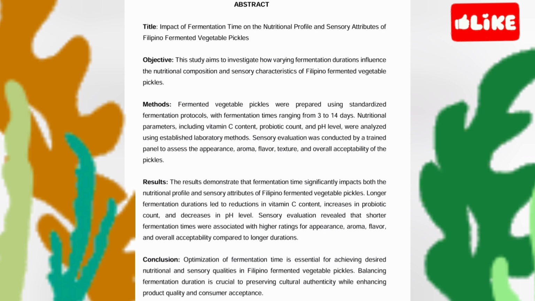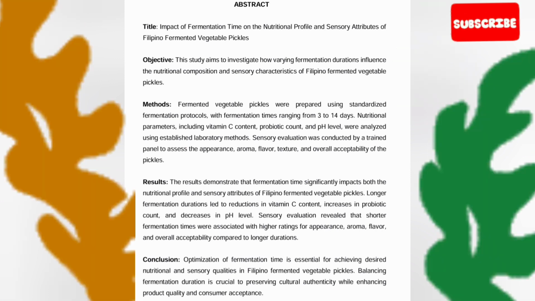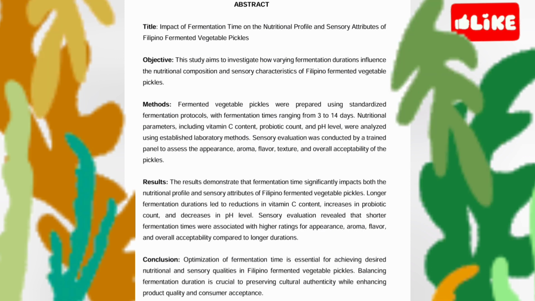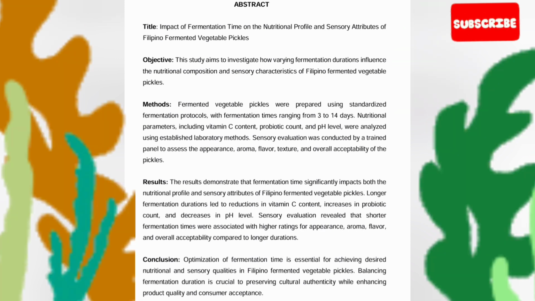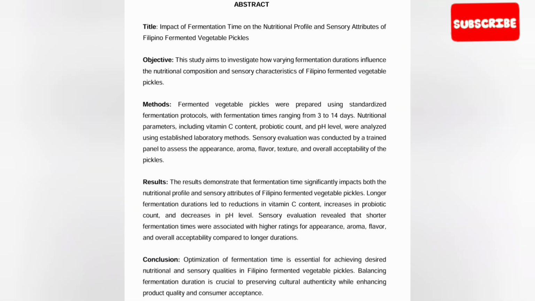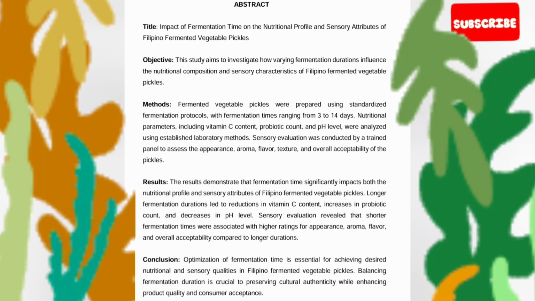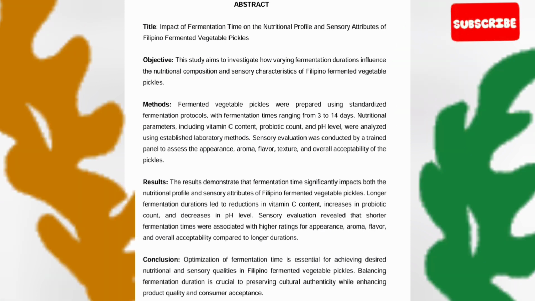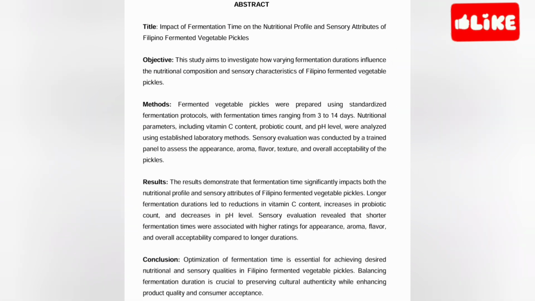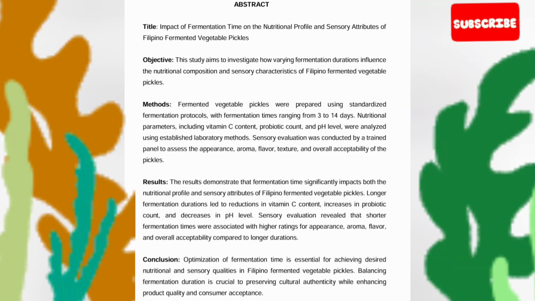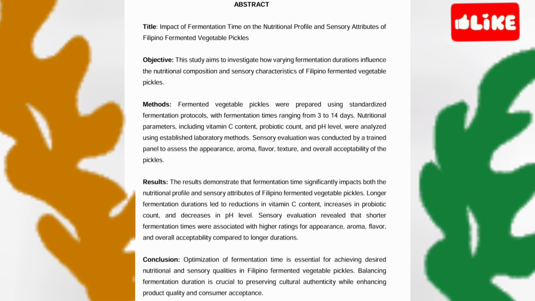The abstract should clearly state the research objective, outlining what the study aims to achieve. In this case, it's to investigate how fermentation time affects the nutritional composition and sensory characteristics of Filipino fermented vegetable pickles. For the methods, briefly mention the methodology used, such as standardized fermentation protocols and laboratory analysis of nutritional parameters